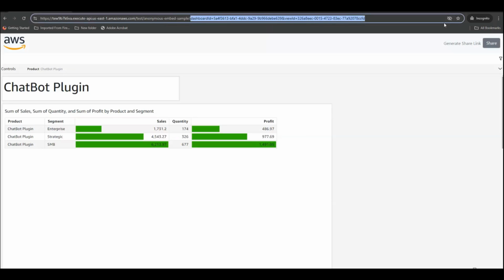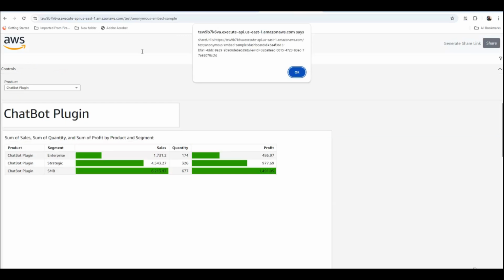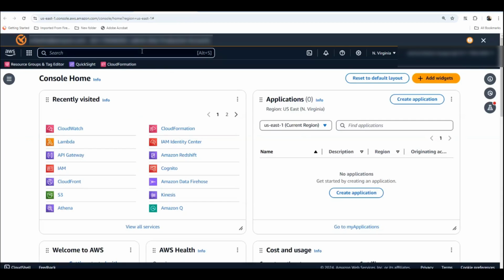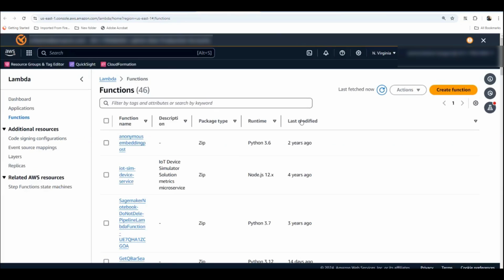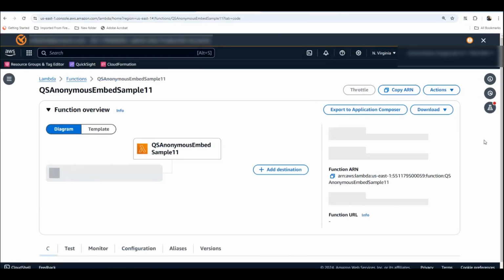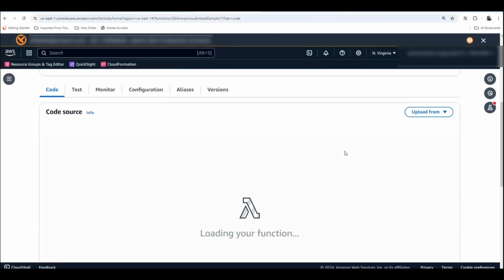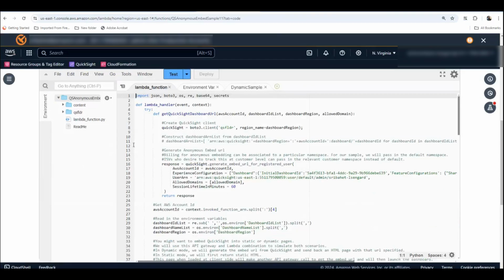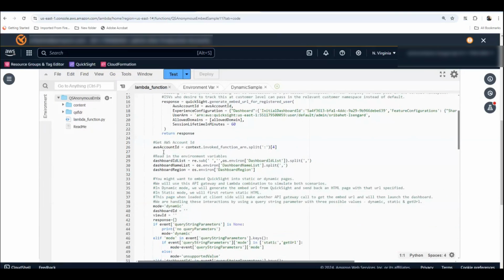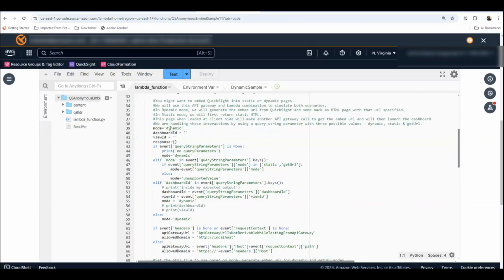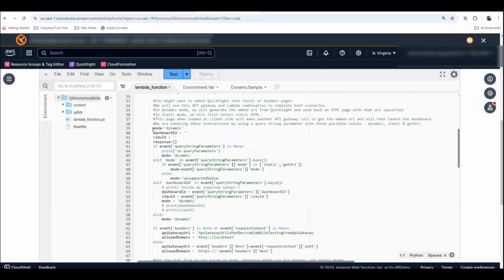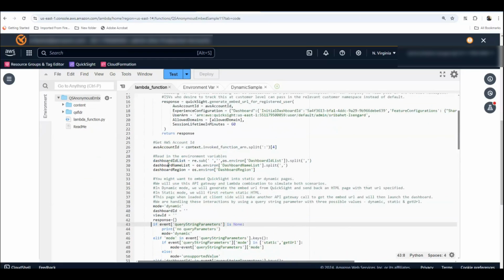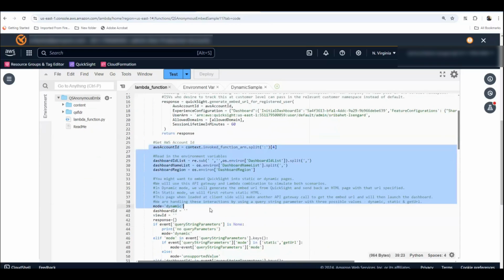Let me show you the code so you can understand this a little bit better. So in this case, what happens is the application is going through here and determining dynamic mode or static mode. I have two different modes that I play with. What I was showing you was dynamic mode, but if you notice here, when the application logic starts, this is where it is starting,